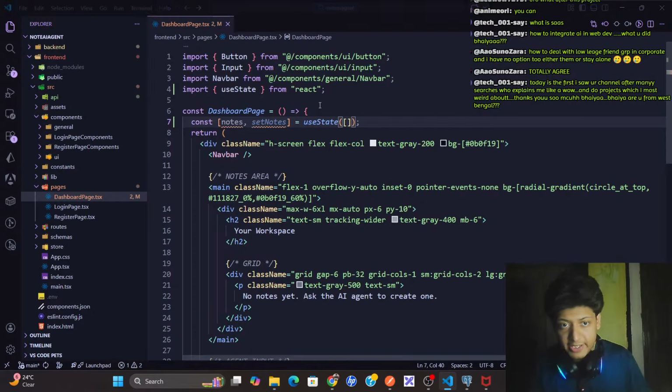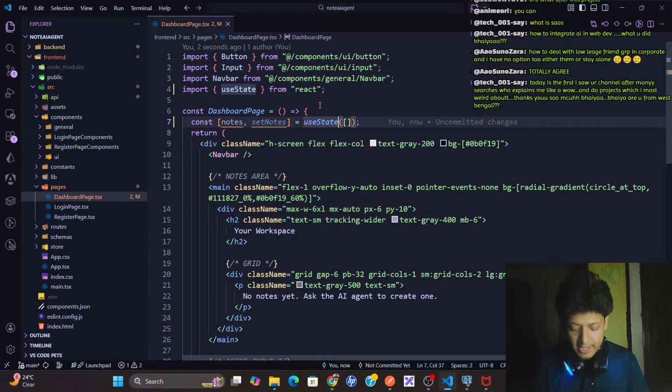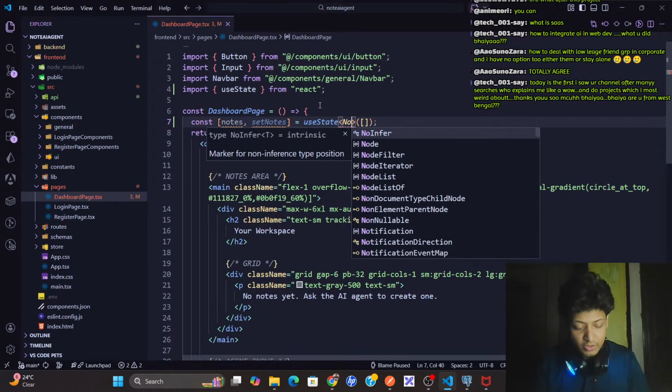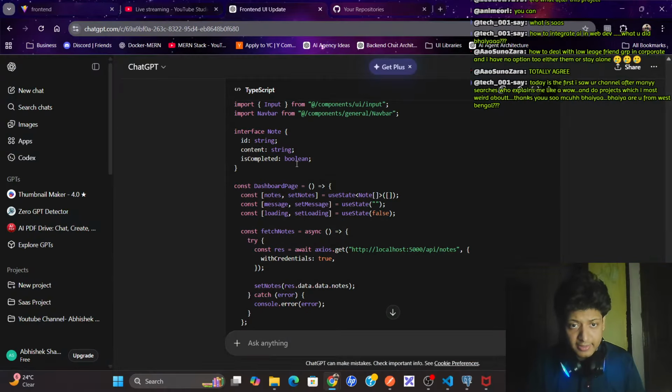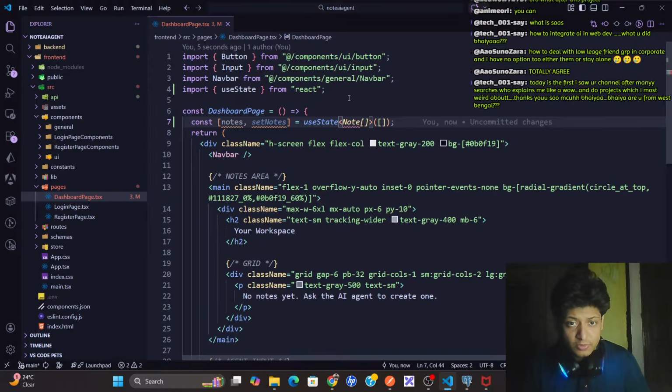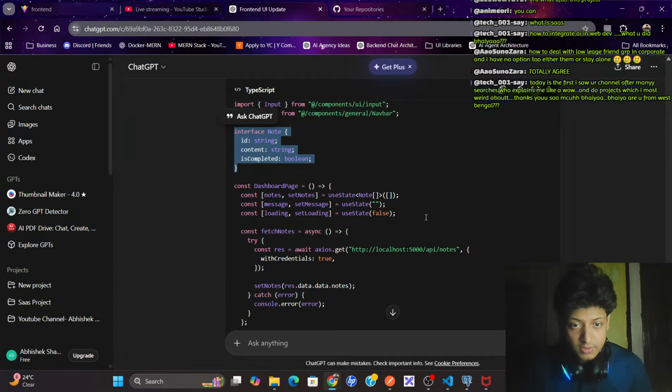Notes will be empty initially, and I need to create the type for notes also. Okay, we'll create that. Here I have the note type, and I can get this from here only. Fine. Interface Note, let's keep it here for now. Set notes, done.